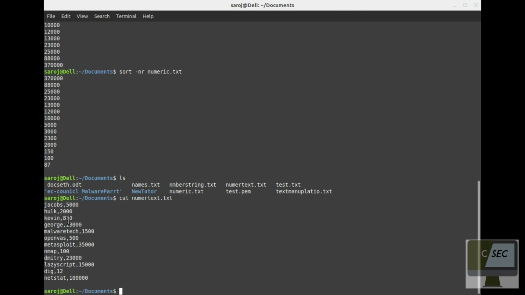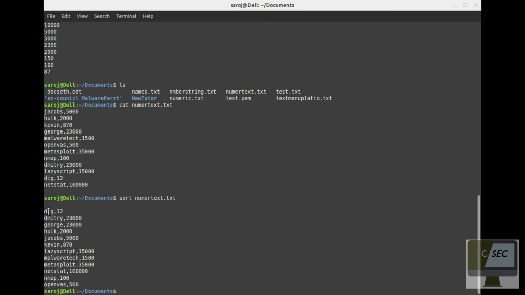If I want to sort those names which are before the comma, I can do it through sort and simply the file name. Now the names are sorted in alphabetical order, but you can see on my screen that the numbers aren't sorted.